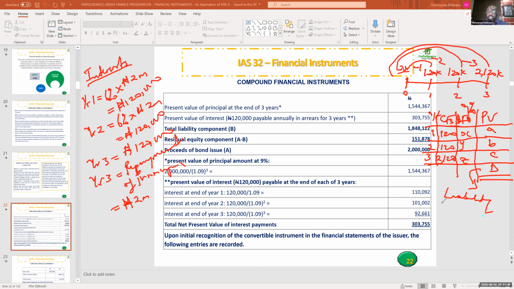This is our liability component. Now, looking at this question, the present value of all the cash flows, including principal, that's for the principal, is this. The 2 million discounted back in 3 years is equivalent to this at 9%. Now the 120, 3 times it will be paid in our years, discounted back at 9% is this. When we sum it together, our D came to